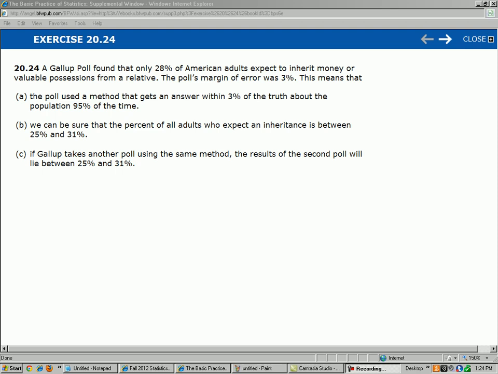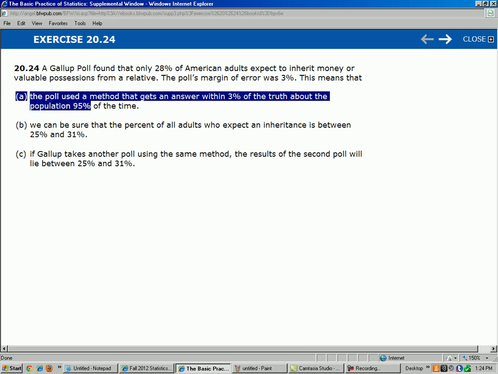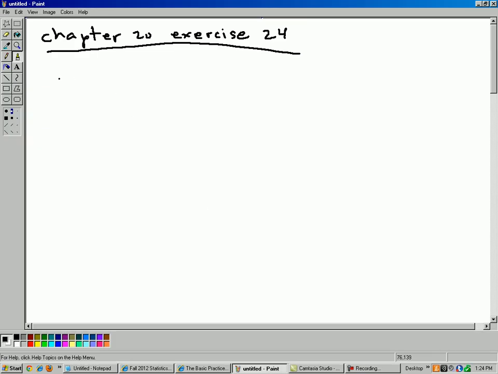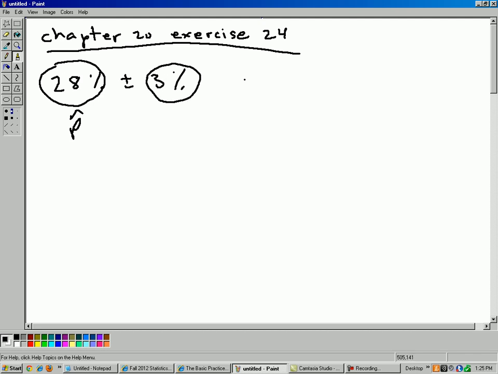All right, so that is the correct answer. A is the correct answer. And here's the reason. Let's go to some scratch paper here. So 28% plus or minus 3%. So this 28%, that's a p hat right there. And roughly speaking, we're 95% sure that this p hat is within 3 percentage points of the real p, whatever